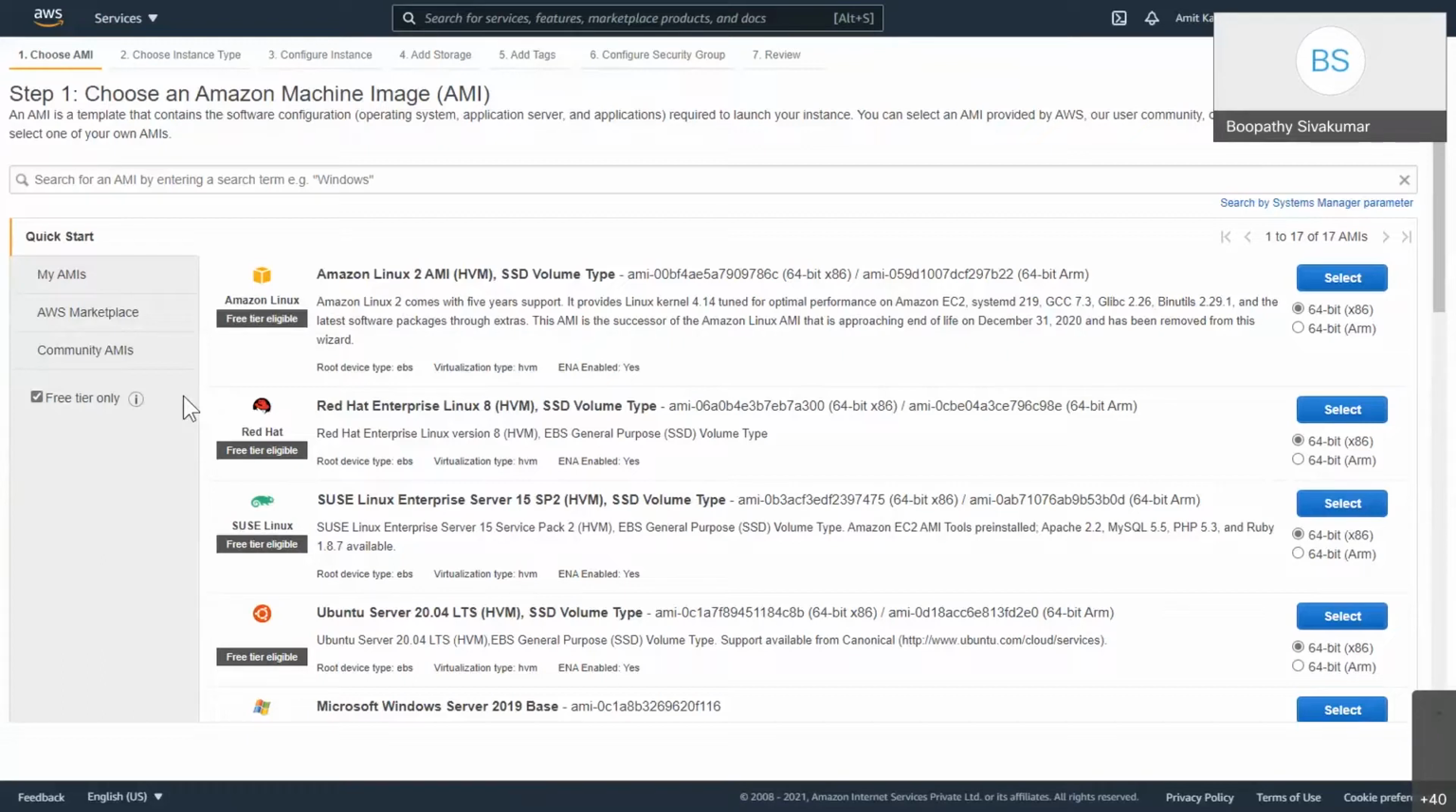When you see the left end, you see quick start, my AMI, AWS Marketplace, community AMI, and free tier only. So my AMI is